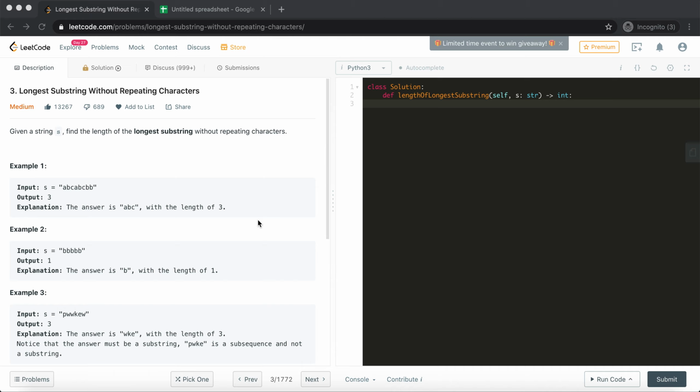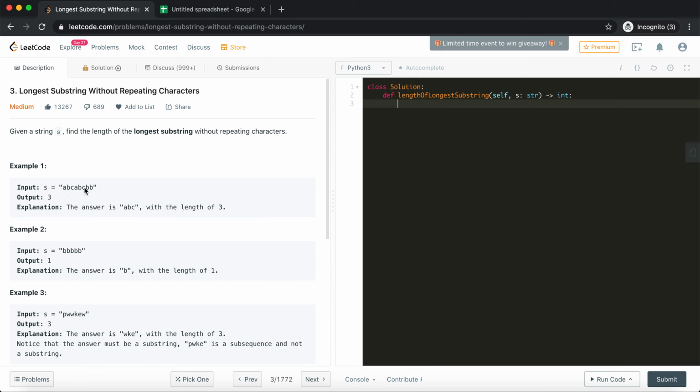In this particular video, we are going to take a very extremely popular algorithm. It's LeetCode problem number 3, which is longest substring without repeating characters. As you can see, it got a massive number of likes. 13,000 people have liked it. It's a medium category problem. It's a string based problem. So yeah, let's read the problem statement.